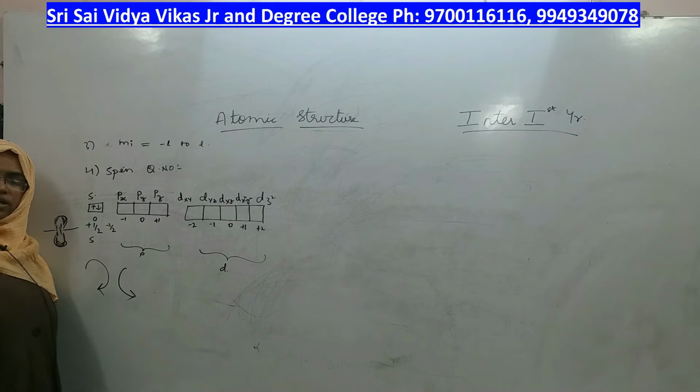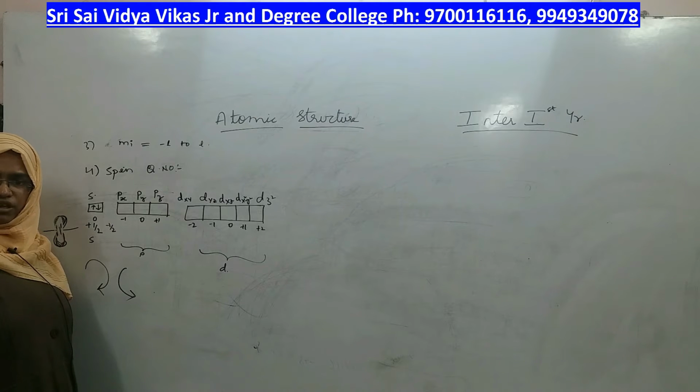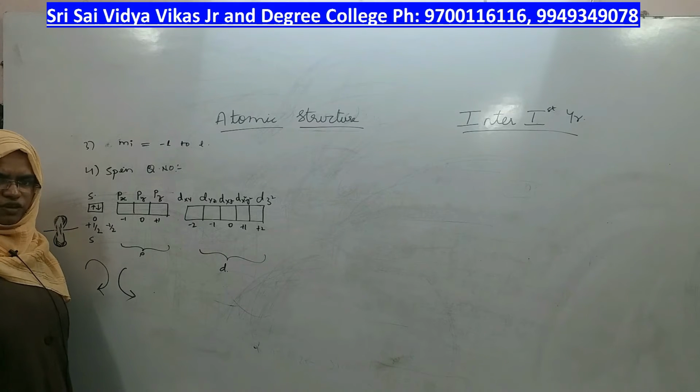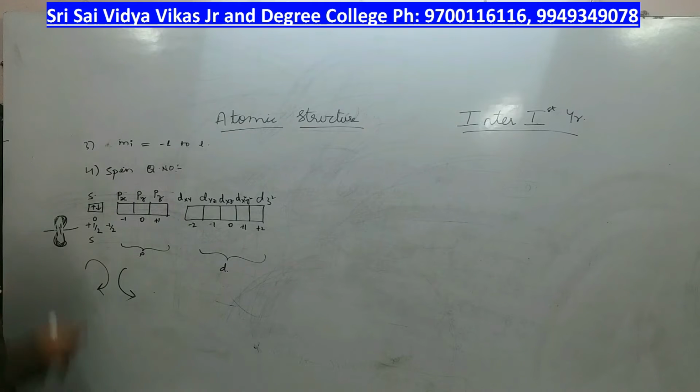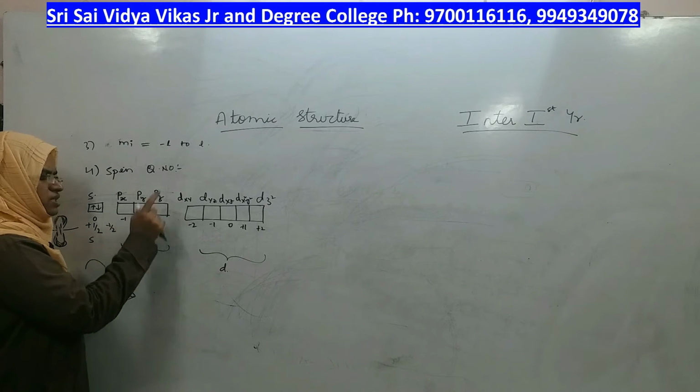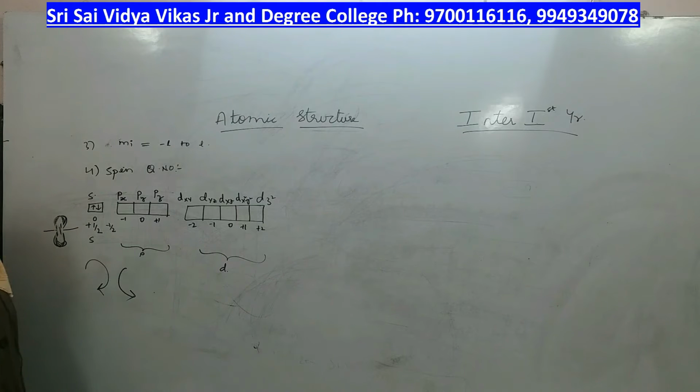If the electron is upward, what is the spin of that electron? Plus half. If electron is downward, what is the spin of the electron? Minus half. Inside the orbital, 2 electrons are there. Can you add any more electron after giving 2 electrons inside any orbital? No. Every orbital, whether it is in the S subshell or in the P subshell or in any other subshell, can accommodate a maximum of only 2 electrons, not more than that. If it is less than 2, it has the capacity to get that 2. But once you give 2, you cannot have more than that, right?